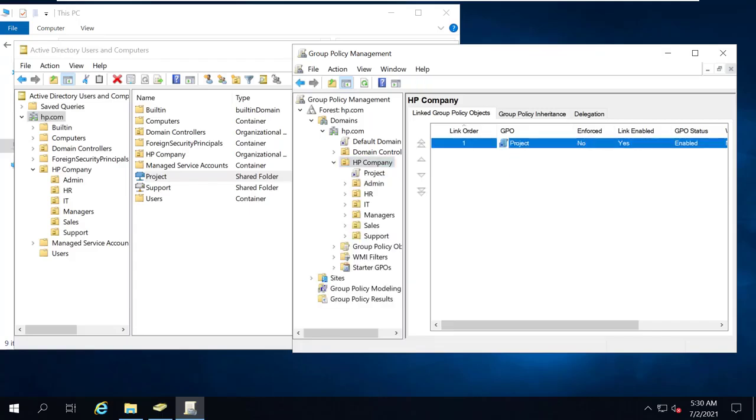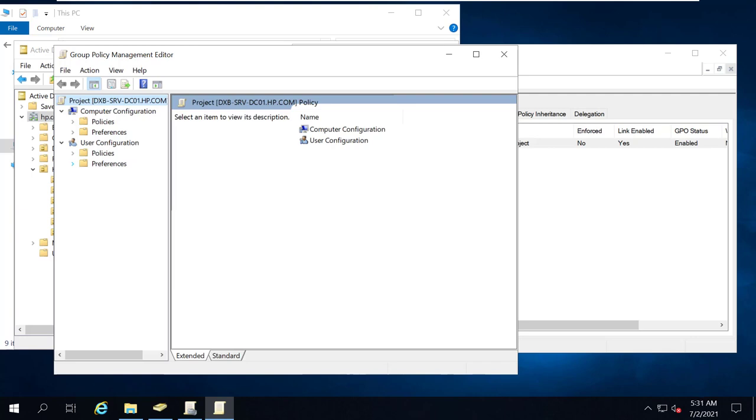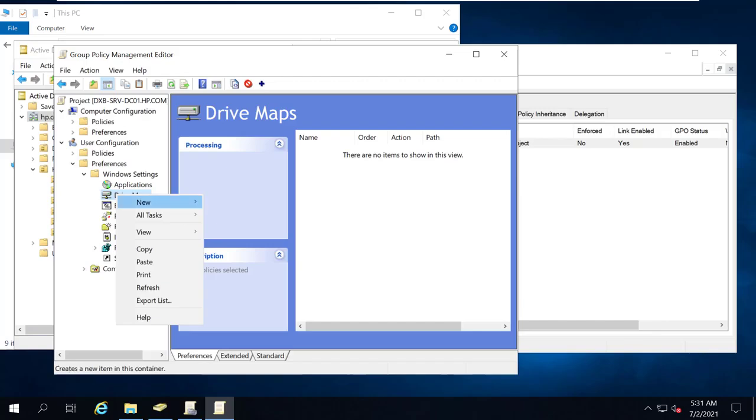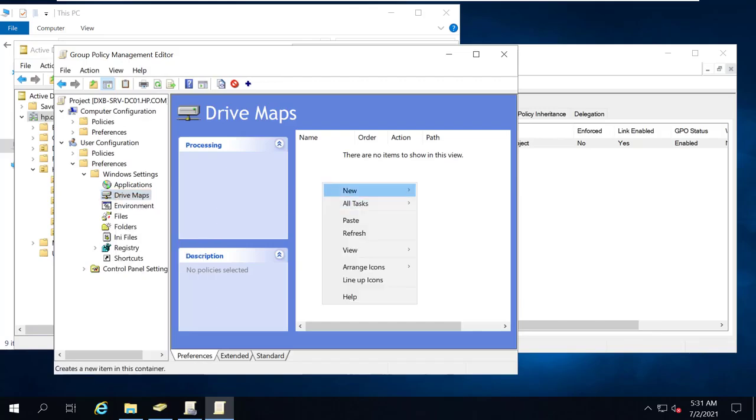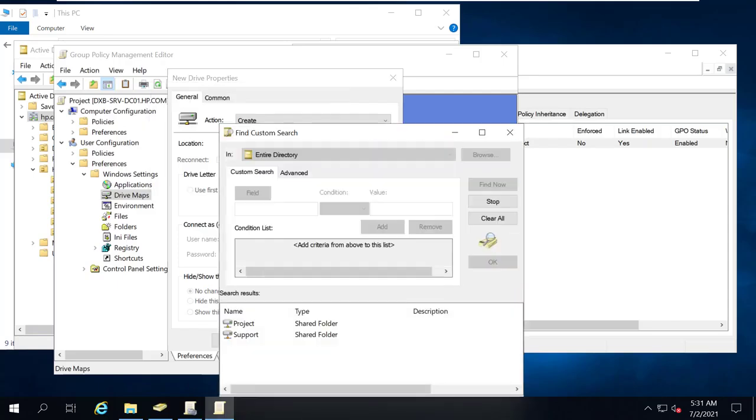And then I'm gonna edit same thing na ginawa ko doon sa previous sa support. I'm going to Windows settings, drive maps. So I can right click here or right click here, just map drive and then put it here, update, choose create, wag kalimutan, and then location. You can paste and then much better if na-map mo na, madali na.